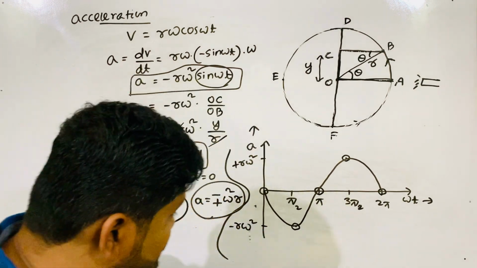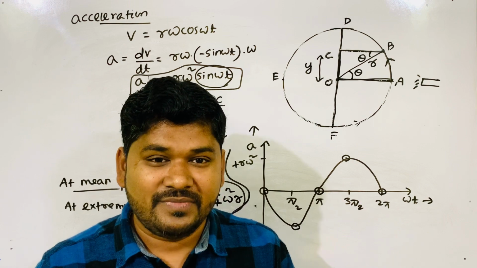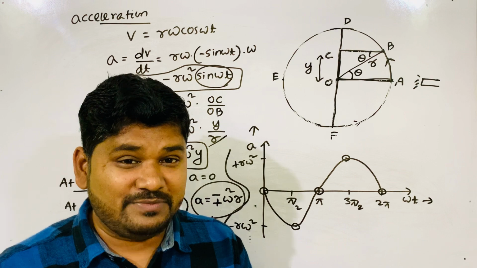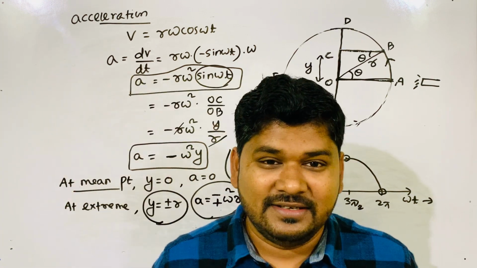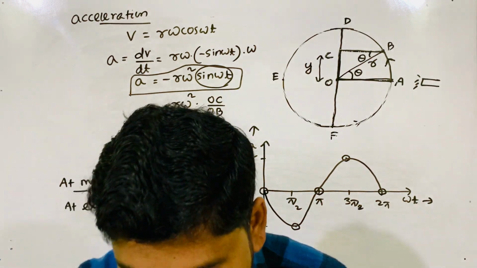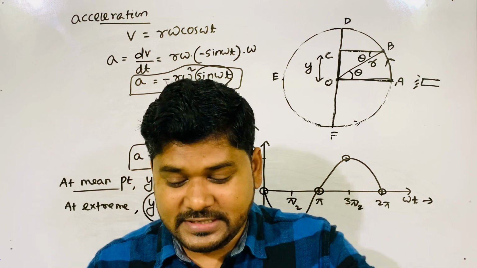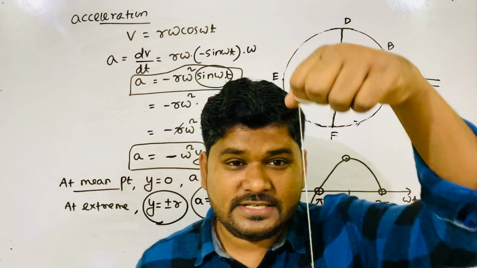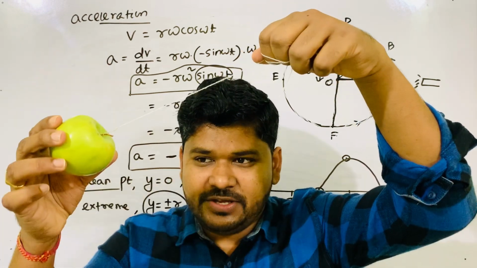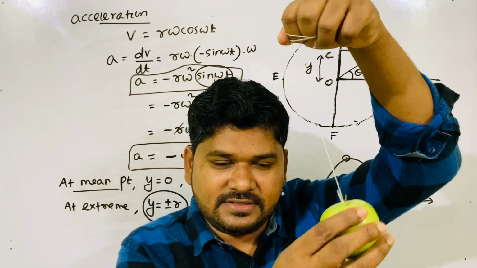So acceleration is also not constant. It also varies from point to point. And it's 0 at mean position, because at mean position there is no change in velocity. The body moves, velocity is not changing. The velocity is changing maximum at which point? When velocity changes, then acceleration comes. At mean position, it just passes. You see, at mean position it passes like this, no change in velocity.